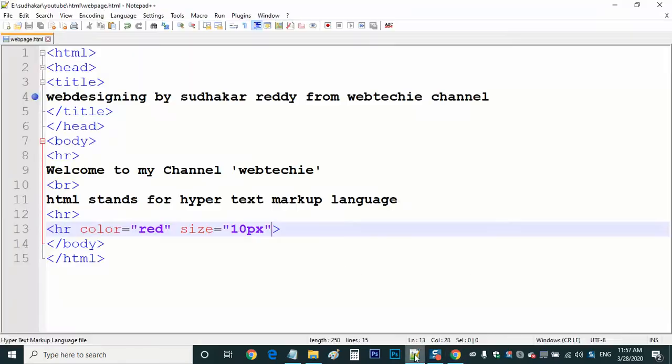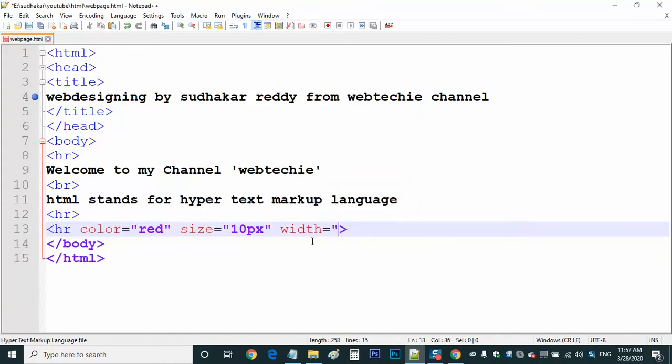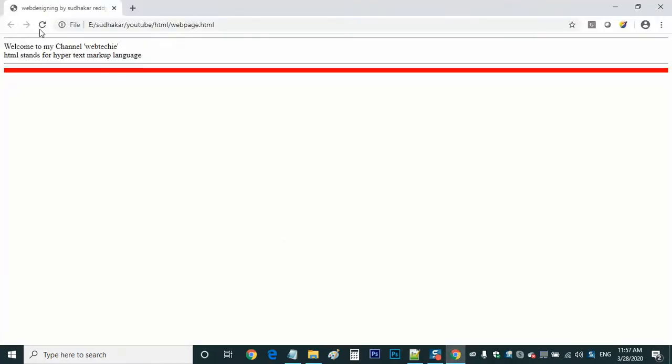Now it's time to change the width. I'll change the width, and I want to give it say 500 pixels or 550 pixels, 600 pixels, your choice, friends. So we got 500 pixels. The width of that line has been changed, whereas these things are taking the full screen on top, but here the red color is taking only 500 pixels. But friends, where is it aligned? It is aligned to the center of the page.